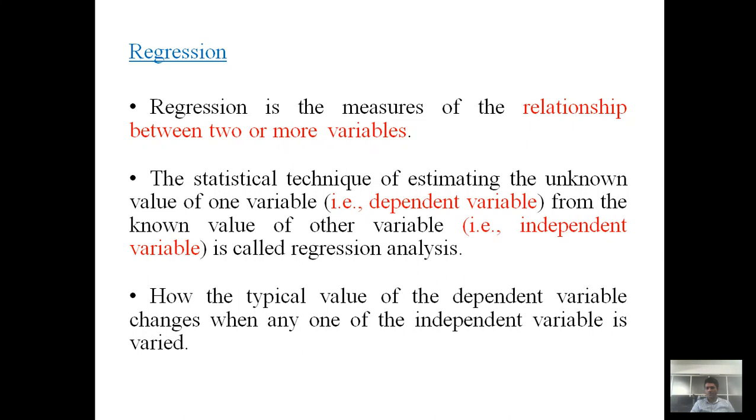The first major component of statistics is, say, correlation. Correlation identifies whether a relationship exists between two variables or not. It only identifies whether there is a positive correlation, negative correlation, or no correlation, but it doesn't give the exact idea. If there is a certain amount of rise in the x variable, then precisely how much will the other variable, the y variable, rise or decrease?